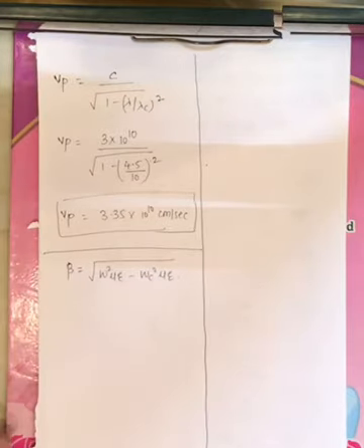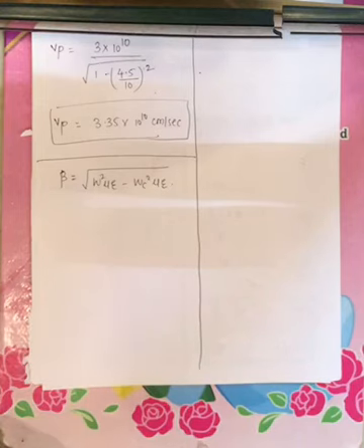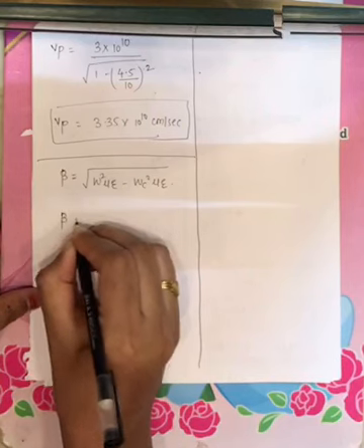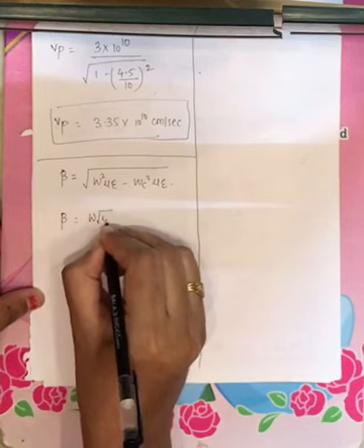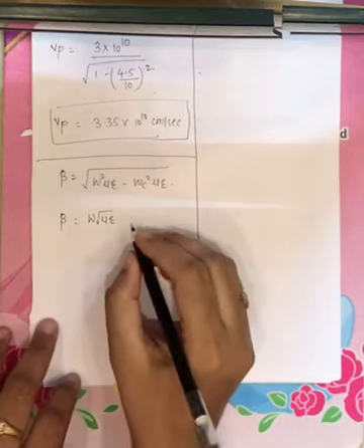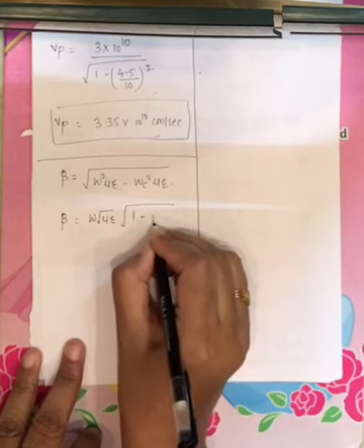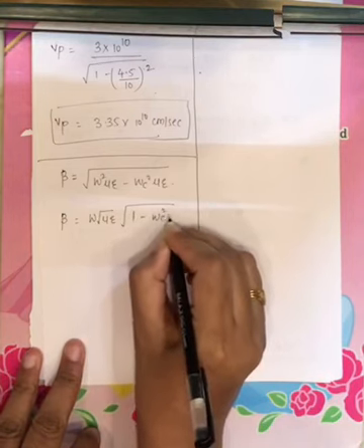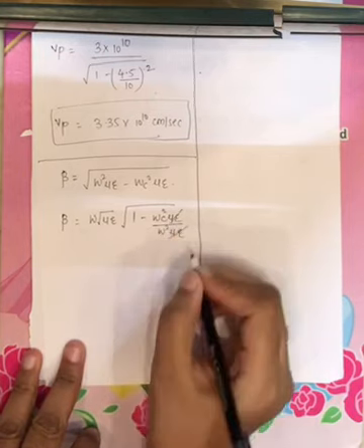You have to remember all these formulas in order to calculate this parameter, right? Now we know the beta term, that is under root of omega square mu epsilon minus omega c square mu epsilon. Now from this equation take omega square mu epsilon out. You take it out from the root, you will get omega under root mu e, times under root of 1 minus omega c square mu e divided by omega square mu e. Now this mu e will get cancelled.